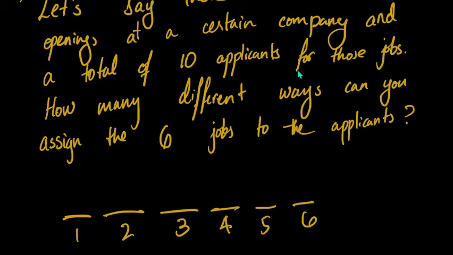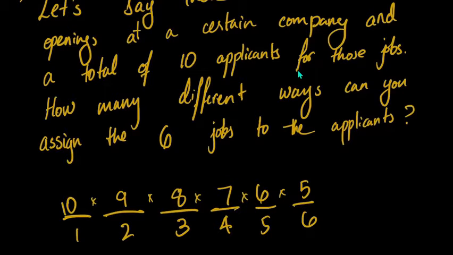There aren't any more jobs than those 6 jobs. For the first job, there are 10 people available, persons 1 through 10. All 10 of them are available for the first job. Now for the second job, 1 person has already been taken away for the first job, so now there are only 9 people left. And we keep on going, and we just end up multiplying each of these values, and we get a number which is